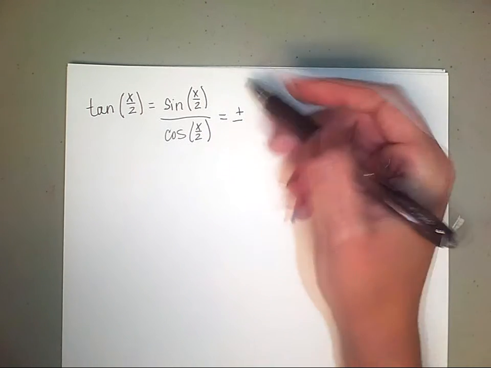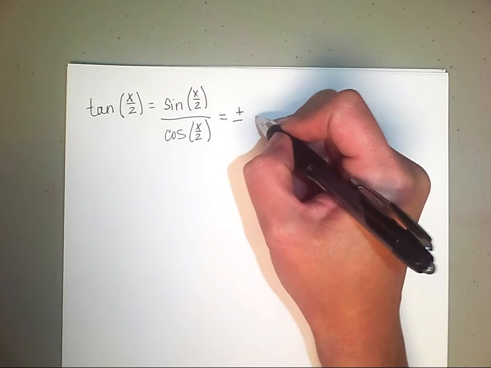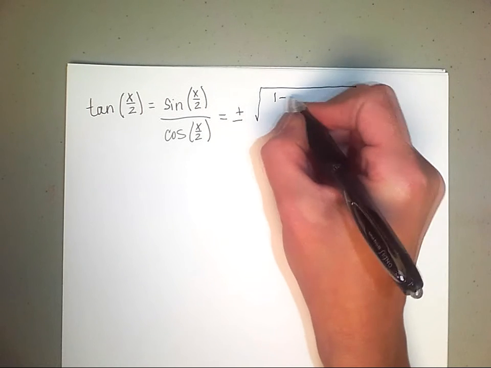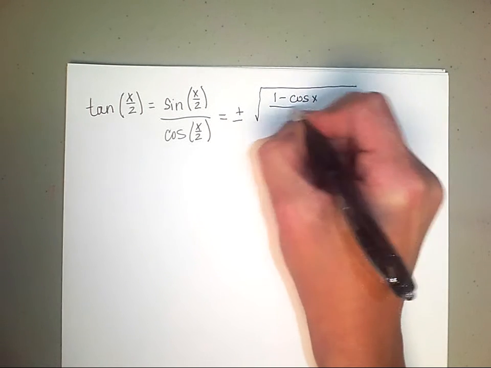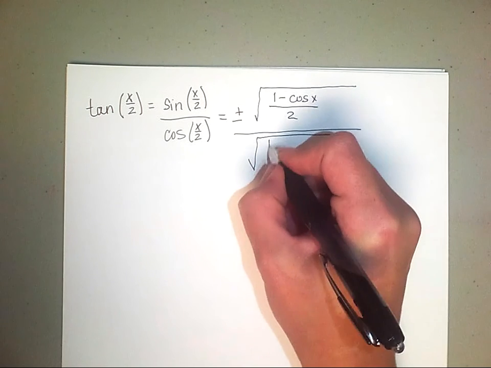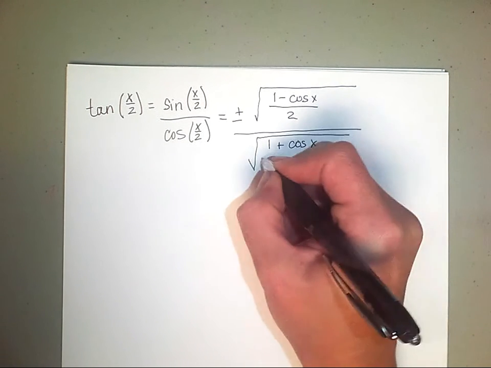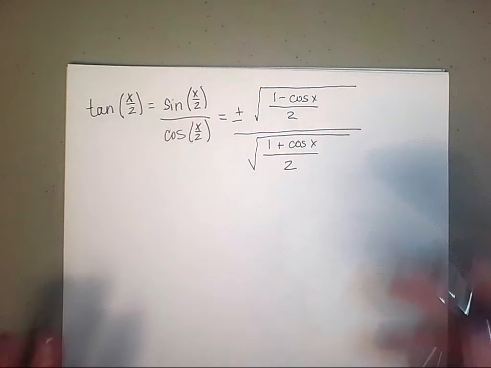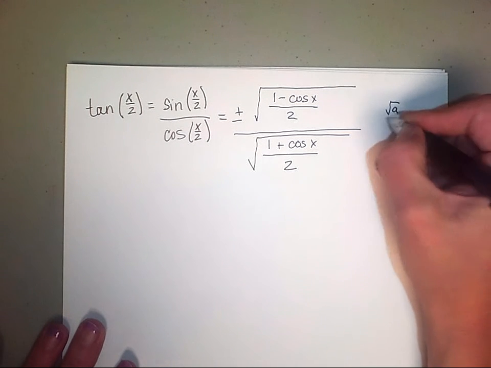So it'll be plus or minus. They both have plus or minuses, so we only need to write it once. 1 minus the cosine of just x over 2 divided by the square root of 1 plus the cosine of just x over 2. Okay, now we have to simplify this. Okay? And the next thing I'm going to do is remember that if we have the square root of a